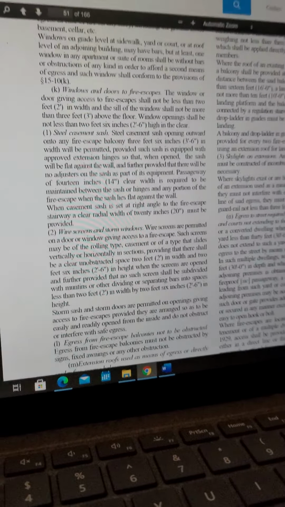So it kind of mirrors this, which is good. It's helpful. So you have to